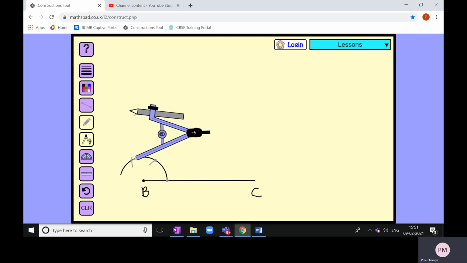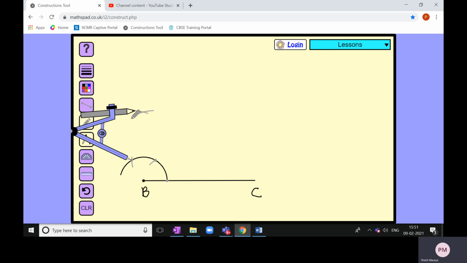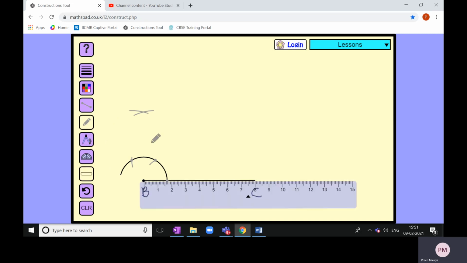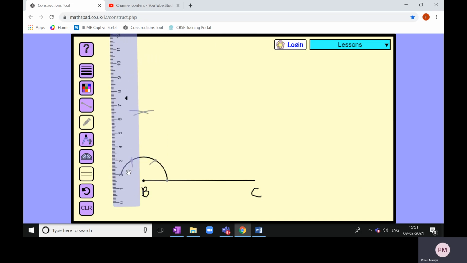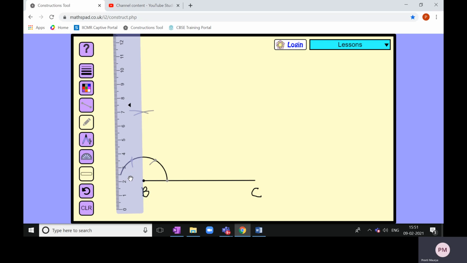So here I have constructed an angle of 90 degrees. I will join these 2 points, point B with the point of intersection of the arc, and we can say that this point is the 90-degree angle. This gives me a right angle. So here we have a right angle, say angle XBC. Now when I bisect this angle, I will obtain an angle of 45 degrees.